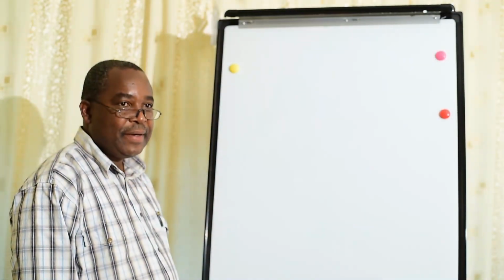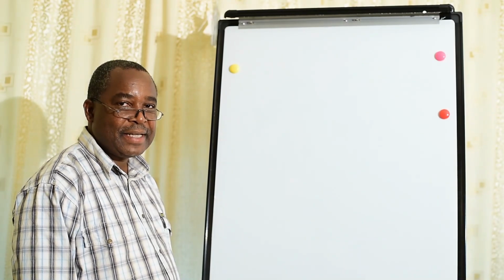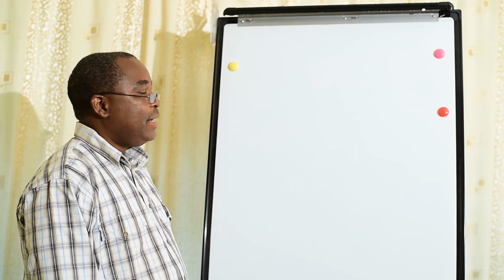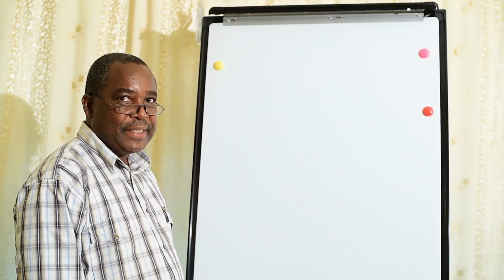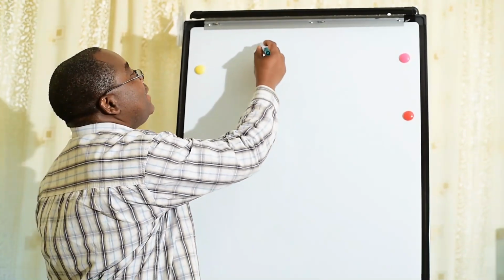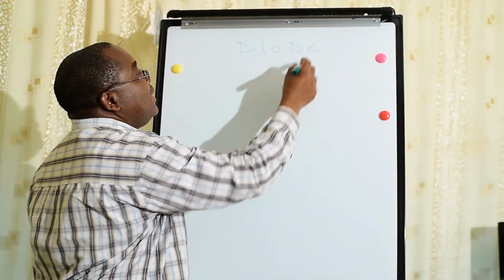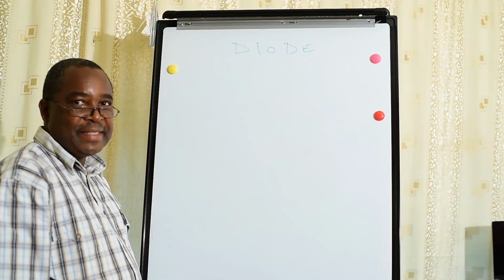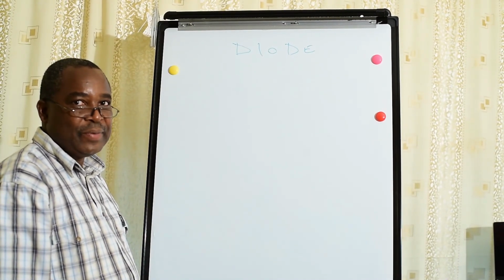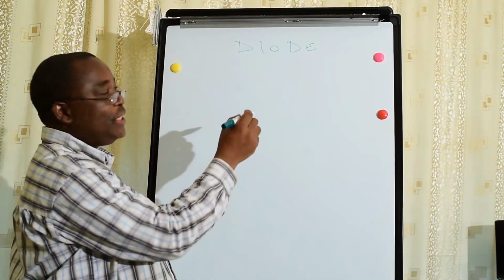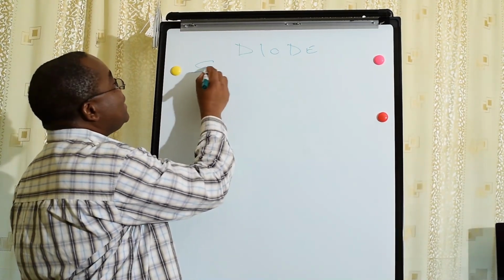We are continuing with our lesson 2 in Electronics class Tanzania, your YouTube class. We are going to learn about diode. Diode is a very useful device in electronics. Very, very useful. And the diode, by definition, is a semiconductor,